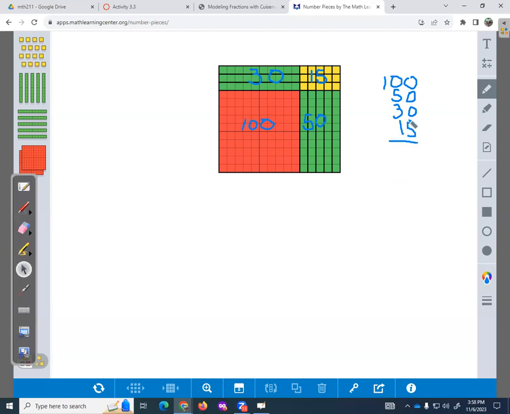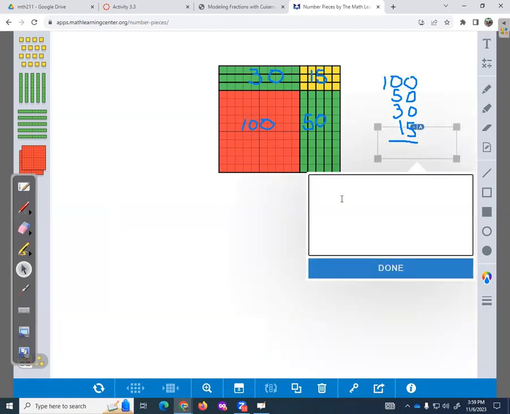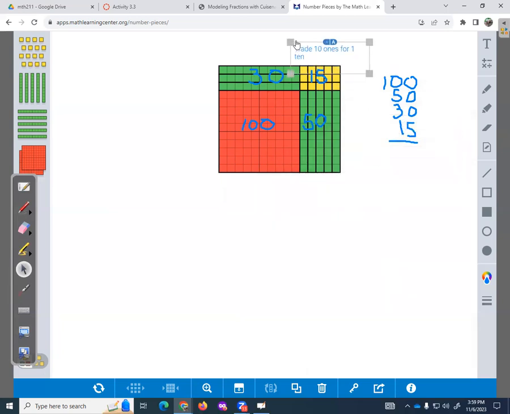15. Now, the 15 is a little tricky because isn't a 15 a 10 and a 5? So really in this illustration, I should make a note to get the actual answer. I need to trade 10 ones for 1 ten. That up here. And that's how the 1 ten ends up in that column right there, stacked, the way we like to group